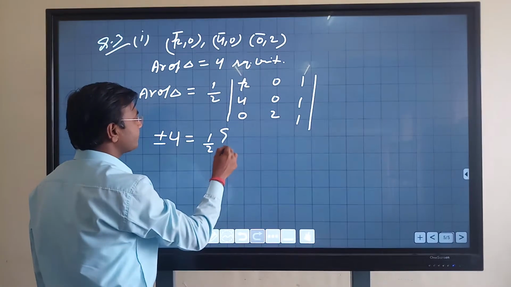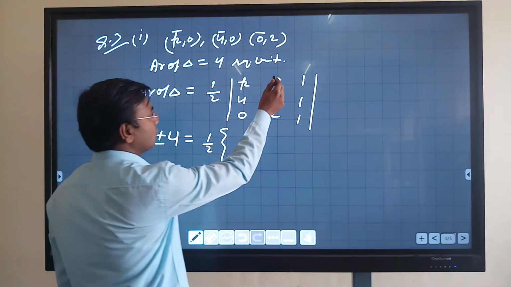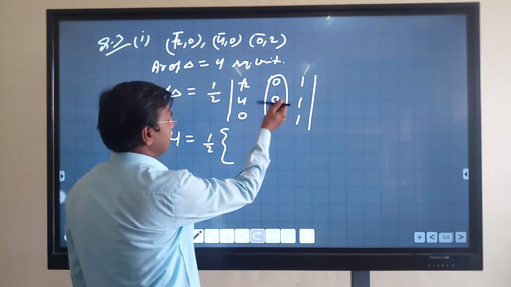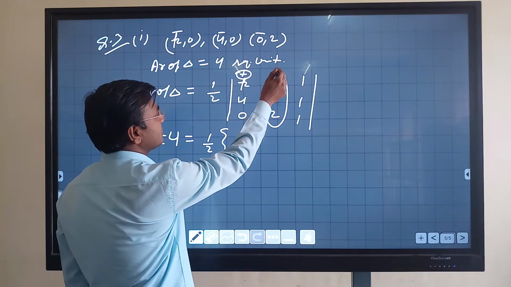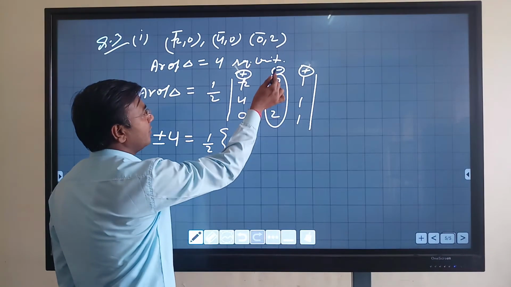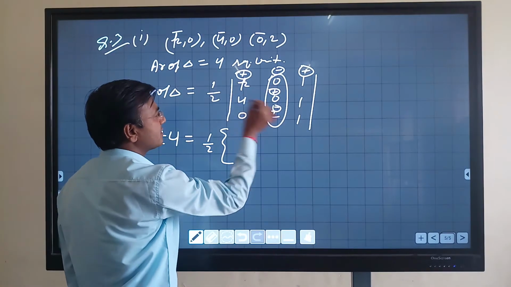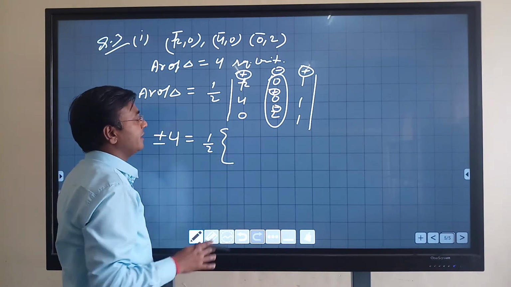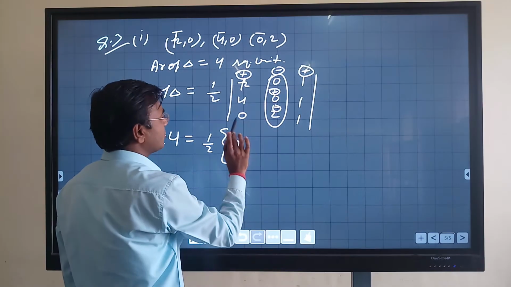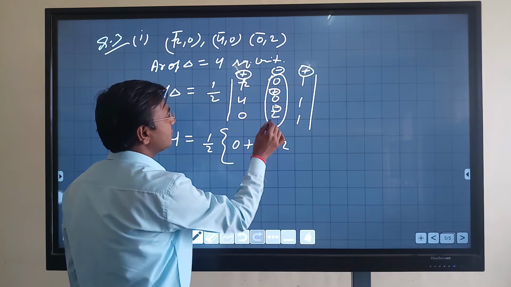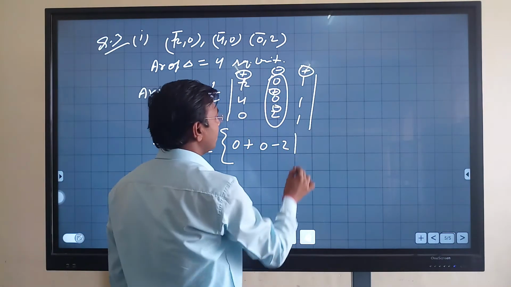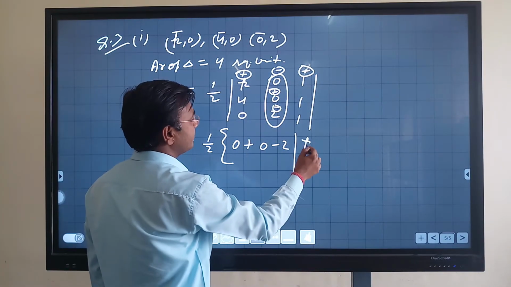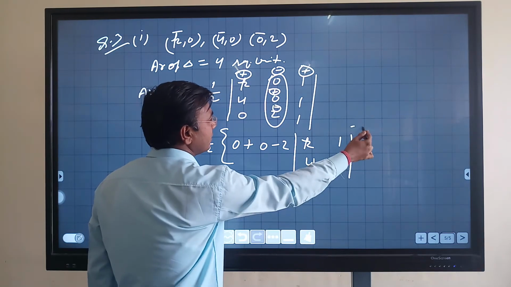Now 1 by 2. So clearly here we have 2 zeros in this column. So we will expand according to this second column, using the sign symbols: plus, minus, plus, and minus. So this will become plus and this is minus, right? You can use the pencil and mark these symbols if you want, or you can directly write. So 0, minus 0 means 0 only, plus 0, then minus 2, okay? So write minus 2 times the determinant, with the row and column deleted, so k, 4, 1 and 1, this is the determinant.